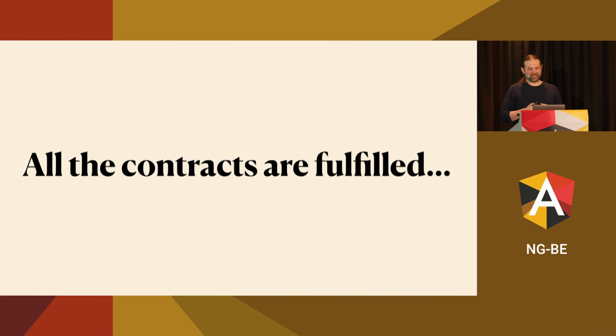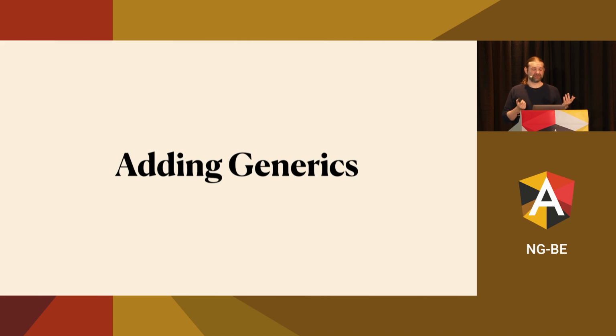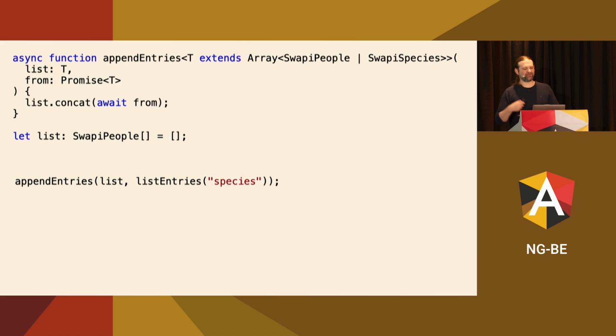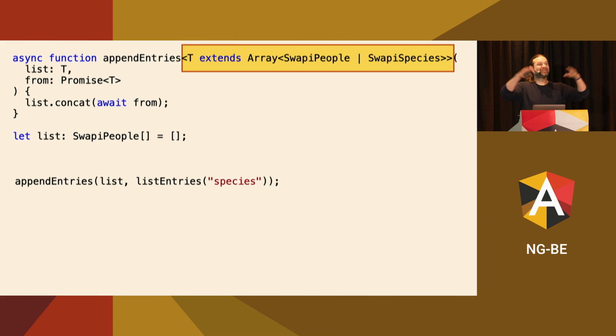Limitations. One mitigation is adding generics. And generics are really one of those silver bullets if you have any type errors. Here I'm having the function append entries. I'm using a generic now that points to the same set as before. I want to have an array of people or species. That's okay. But I use the generic type parameter, which means the moment I use the generic type parameter in list and in from, and the moment I use it down there when I call the function,